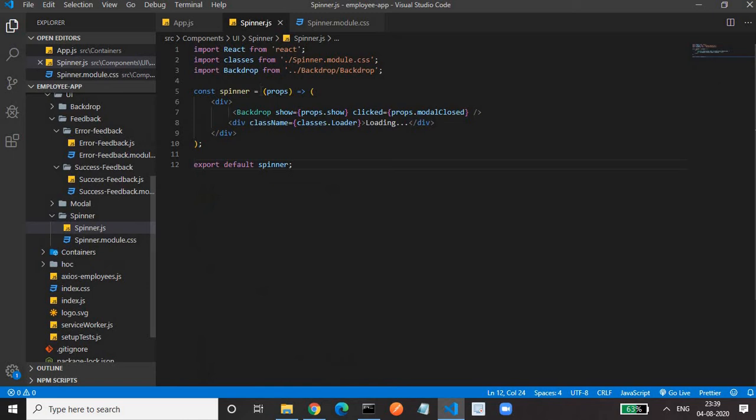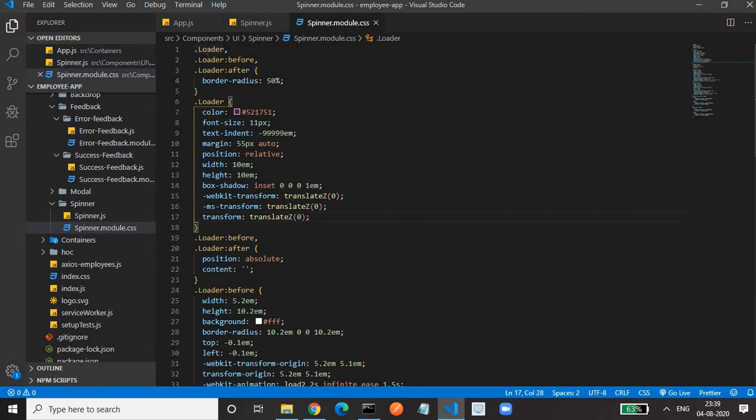And the spinner.js is a functional component in which we need a backdrop, because when the spinner is needed, the backdrop is also needed. The backdrop always will take 2 properties. One is for showing. If it is true, it will be shown. On click of that, we will remove the backdrop as well as the spinner. And here is the div class for the spinner. I am adding the loader class. The loader class is present here. Right? Yes.